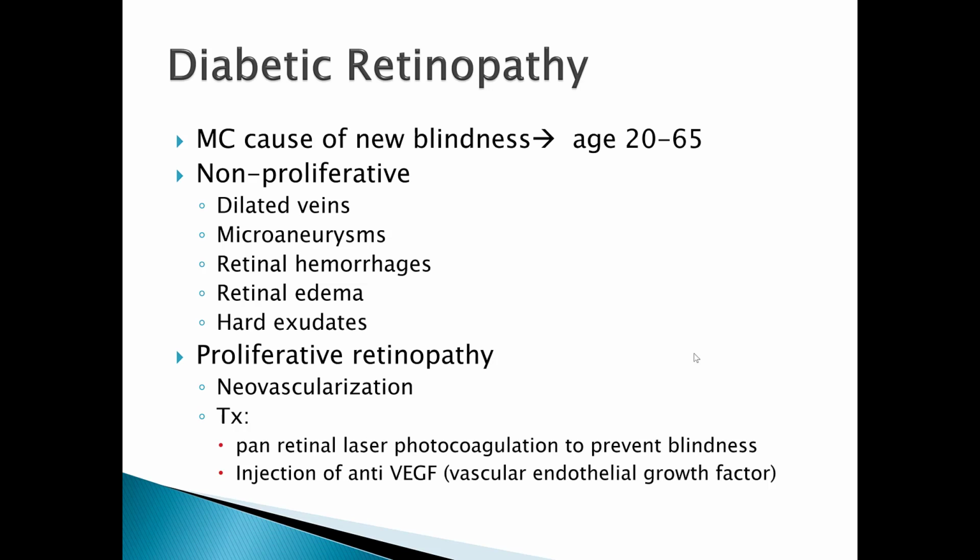But the proliferative type, they have neovascularization, which basically means that the eye is building new little blood vessels. So you must think, oh yeah, new blood vessels, that's a great thing. Well, it's not, because these new blood vessels are thin and tiny, and they break, and when they break, they bleed, and we don't want that. So that's proliferative